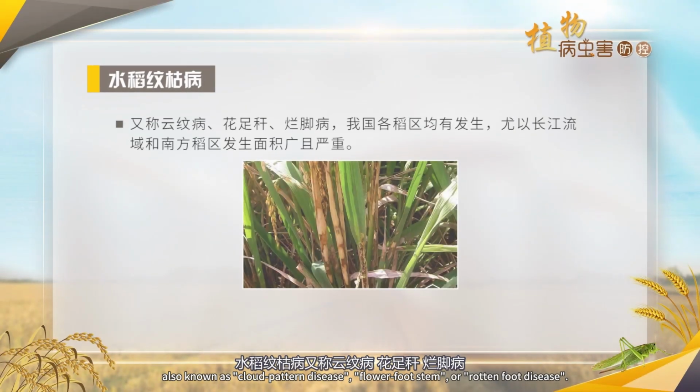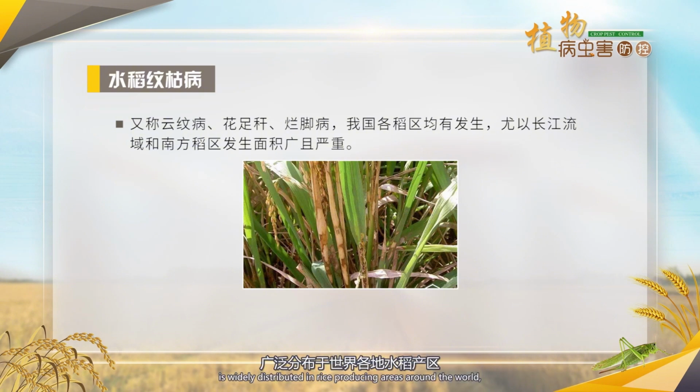Also known as cloud pattern disease, flower foot stem, or rotten foot disease, it is widely distributed in rice-producing areas around the world, especially in high-yield rice regions. Sheath blight occurs in all rice regions in China, especially in the Yangtze River Basin and southern rice regions, which are characterized by wide and serious occurrence and high epidemic frequency, and the loss caused by it often exceeds that